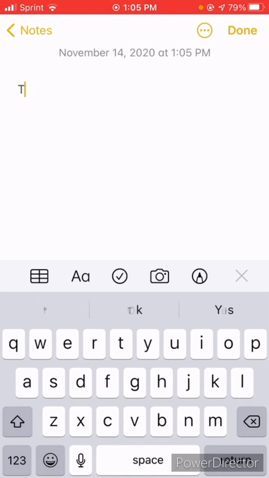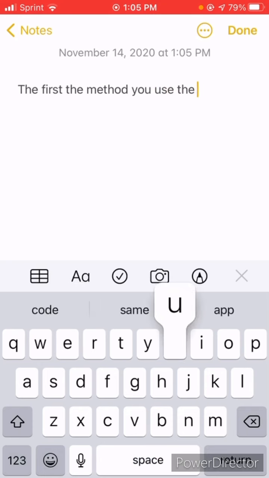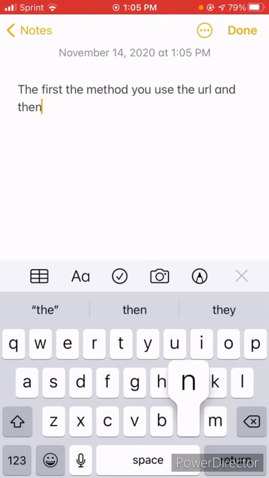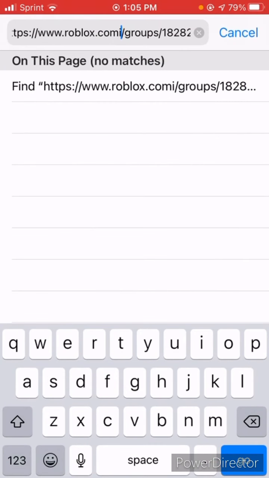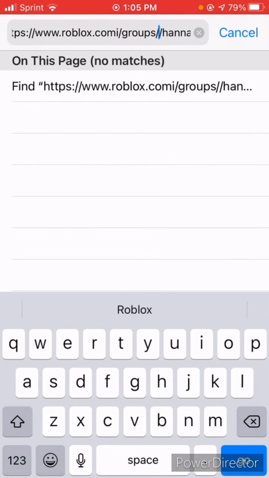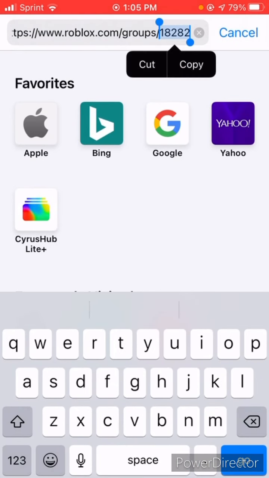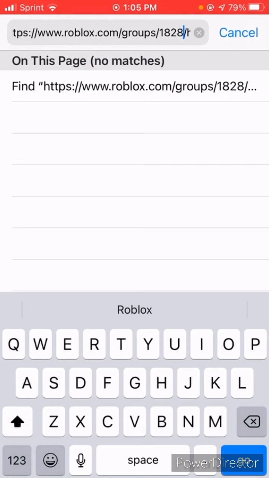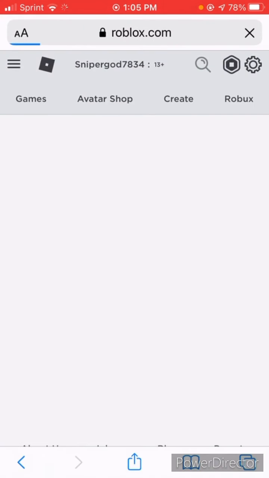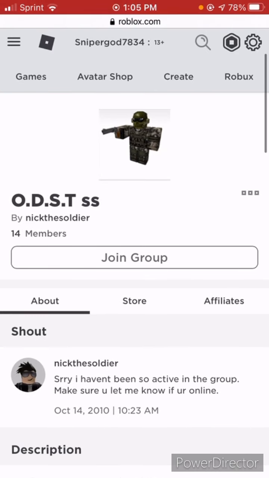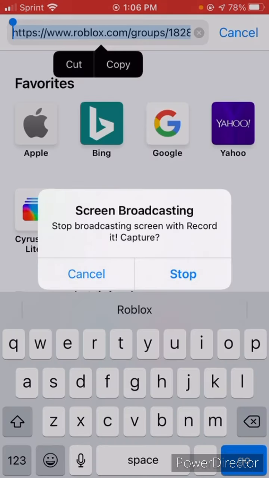So the first method is you use the URL. Here I'll go on to the Roblox page, and this is the URL. You just press delete, and then you can delete the first number and replace it with like an 8 or something, and then you can see it just puts some random groups, so you can find one, or you could just change it to a different number